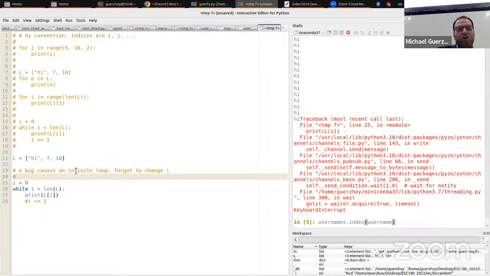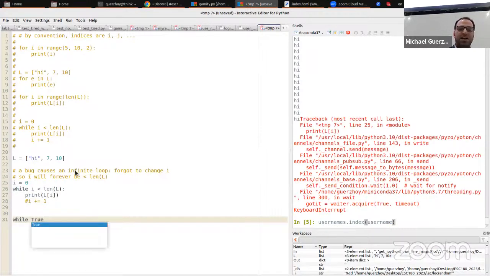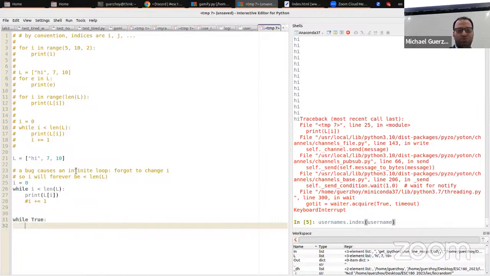So I forgot to change i, so I will forever be smaller than the length of L. So that's an infinite loop. An easier way to cause an infinite loop is to just say while True,